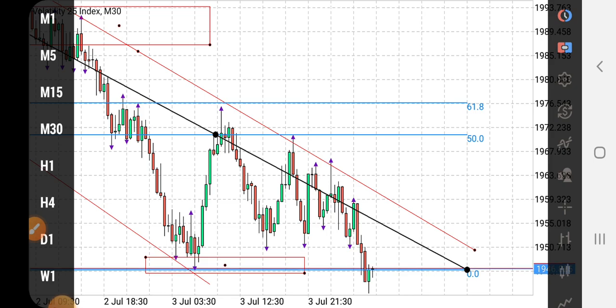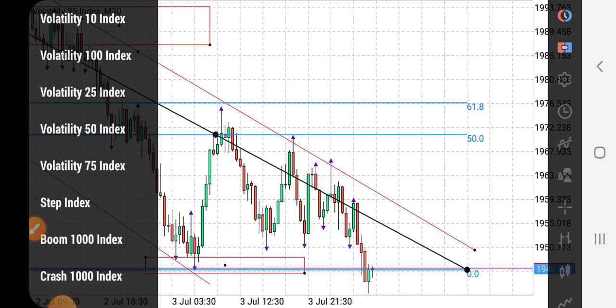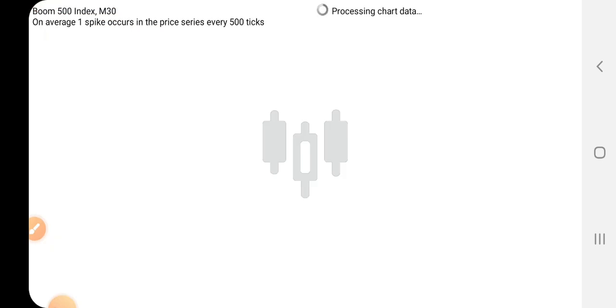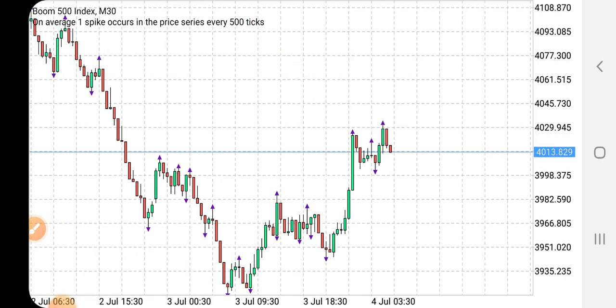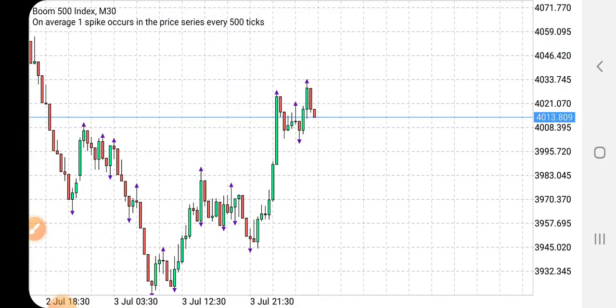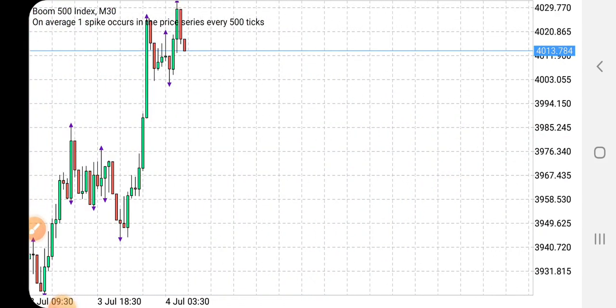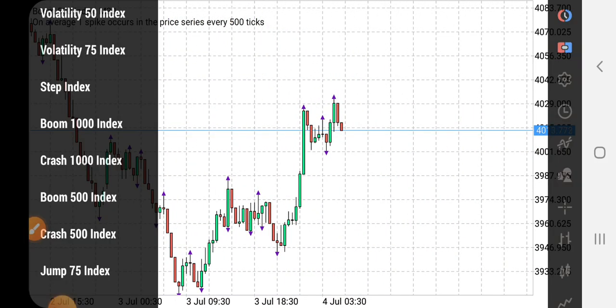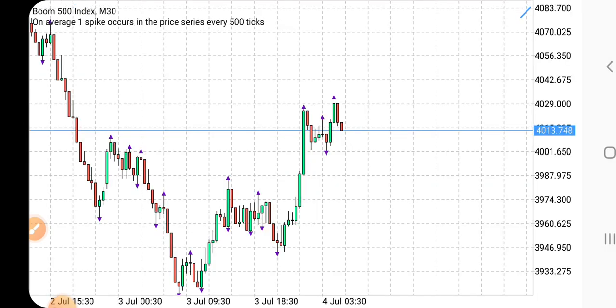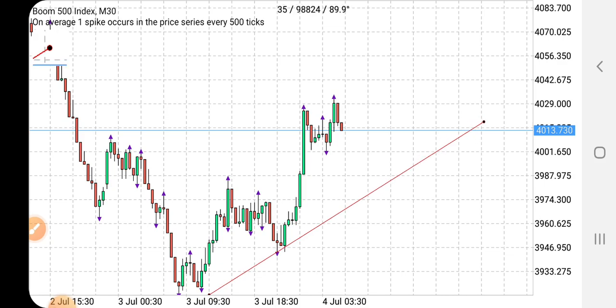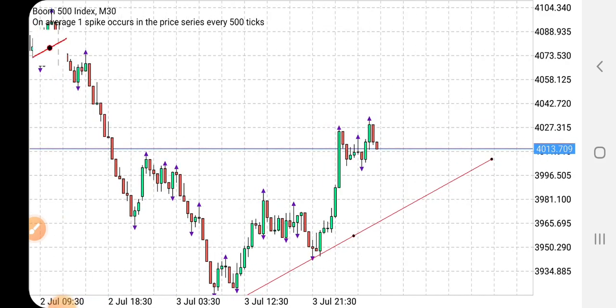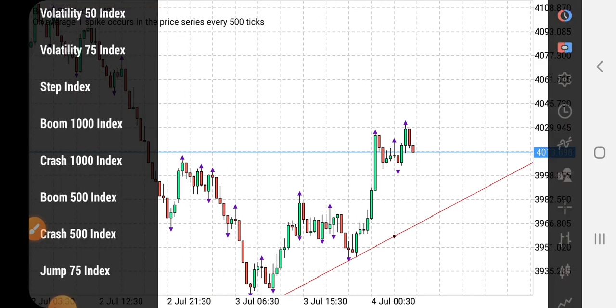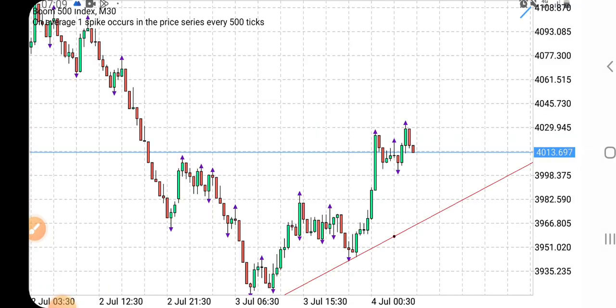So let me quickly check if we can forecast another movement. Okay, let's check this. I think I've checked this one, and it's actually pushing the 30 minutes time frame. Current movements, we are seeing a reversal to the upside. This is a short trend. We are using the 30 minutes time frame, so you know what to expect. So when you have your trend line marked,